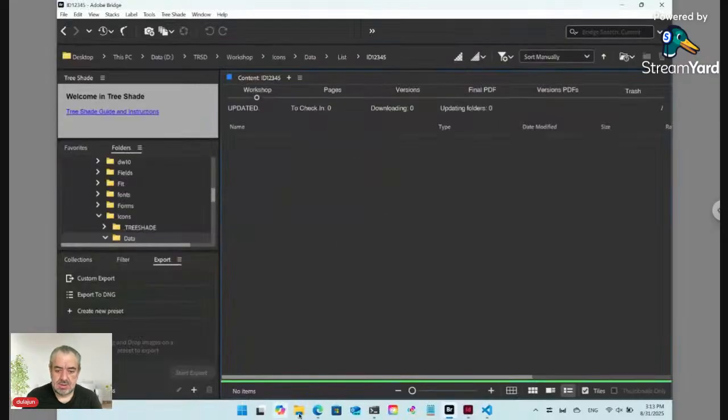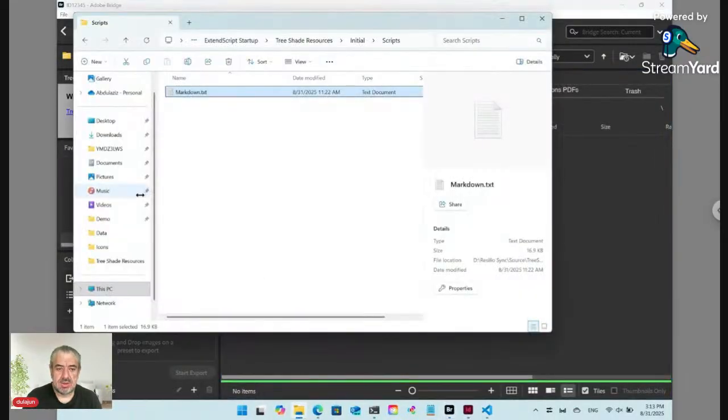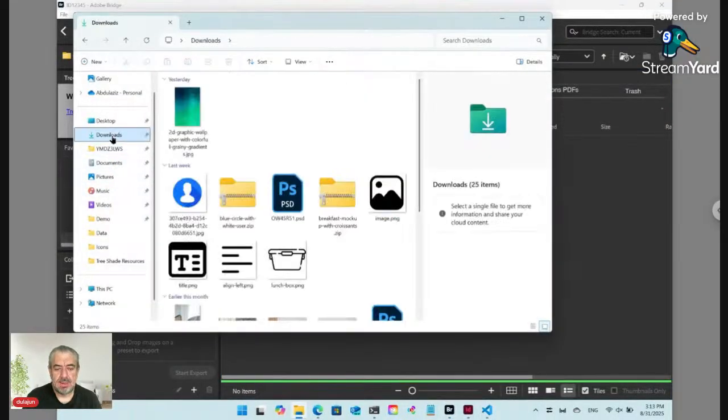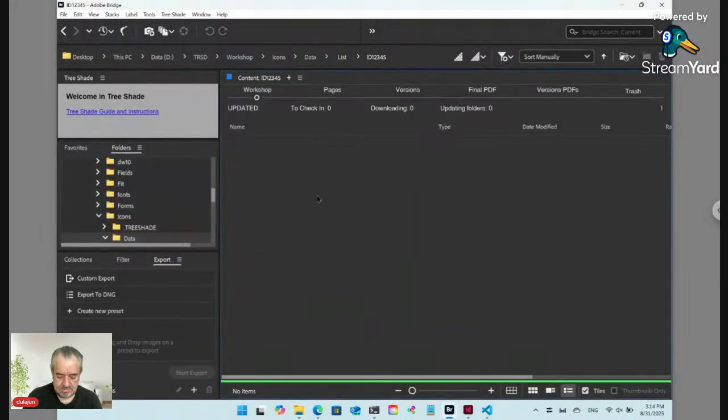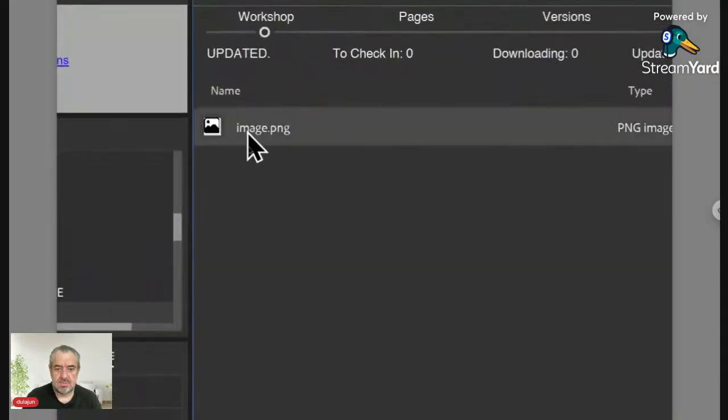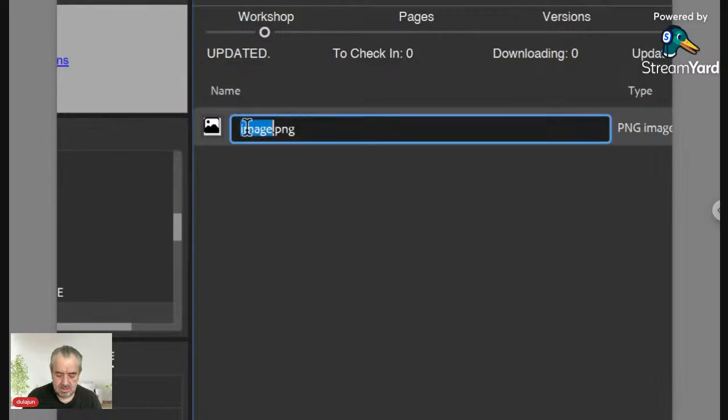So just copy any icon as a placeholder. I have here in the download folder icons. Let's select image, and now we have icon. Let's name it icon,